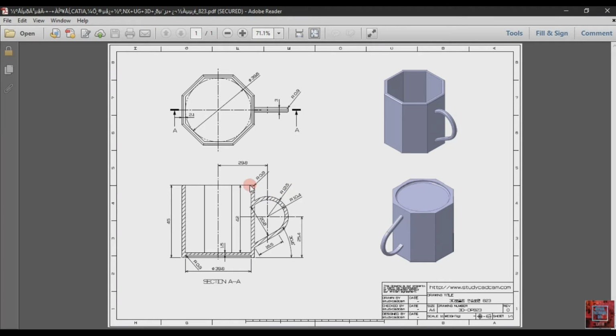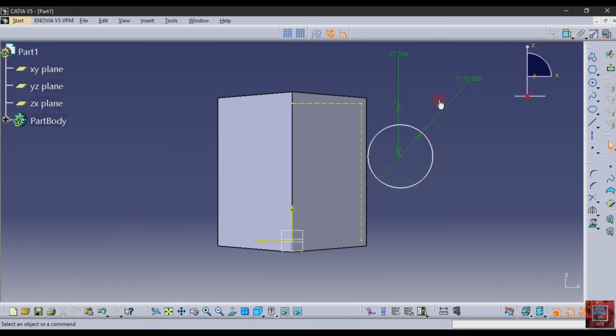The distance from this point to this edge, let's see what the distance is. The distance between the center point and the bottom part of the cup is 35.4.